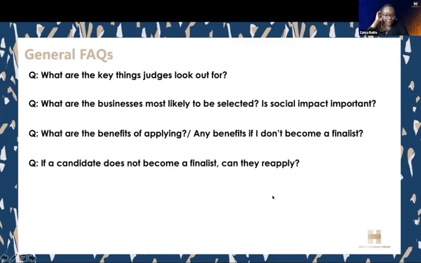Michael, if a candidate does not become a finalist, can they reapply? And maybe you can share a little bit about some of our finalists and how many times they've applied. Yeah, I heard one of the top 50 finalists applied 3 times. This is the third time she applied. So I think the answer is yes. They can reapply as long as the prize is existing. But one piece of advice is to show progress. Yes, that is very important.